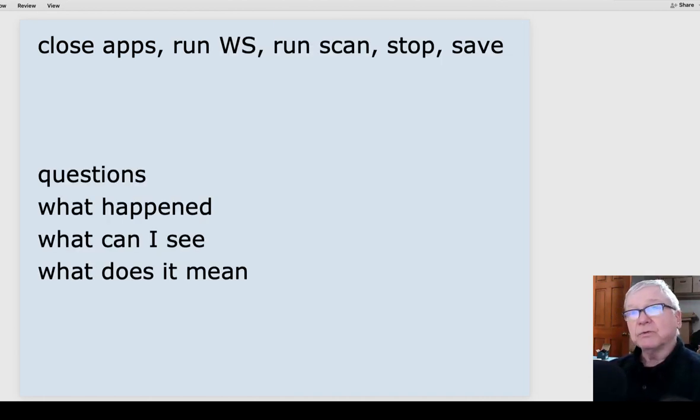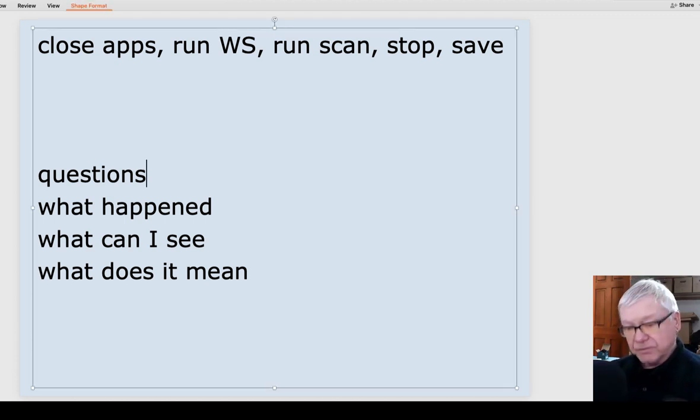Of course, our usual way of working is to close unneeded apps, run Wireshark, do what we're doing, in this case run a scan, stop and save that, and then we can start to ask some questions. What do we think happened here? Of course, we already know, since we're looking at a scan that we initiated, what supposedly was going to happen.